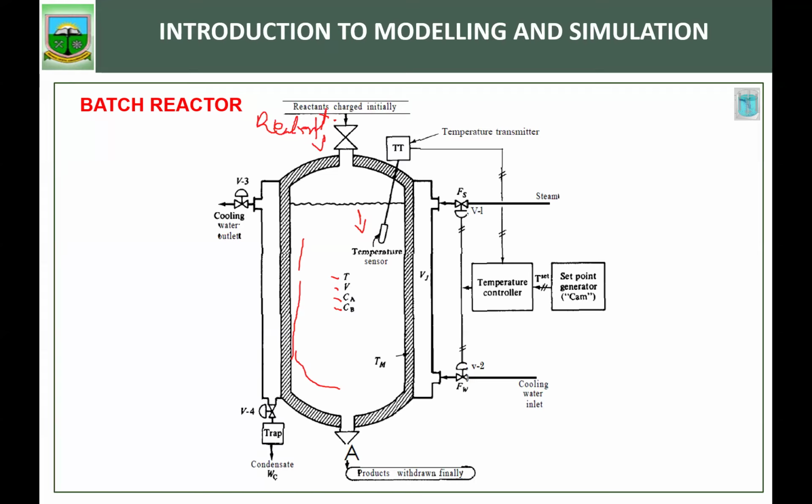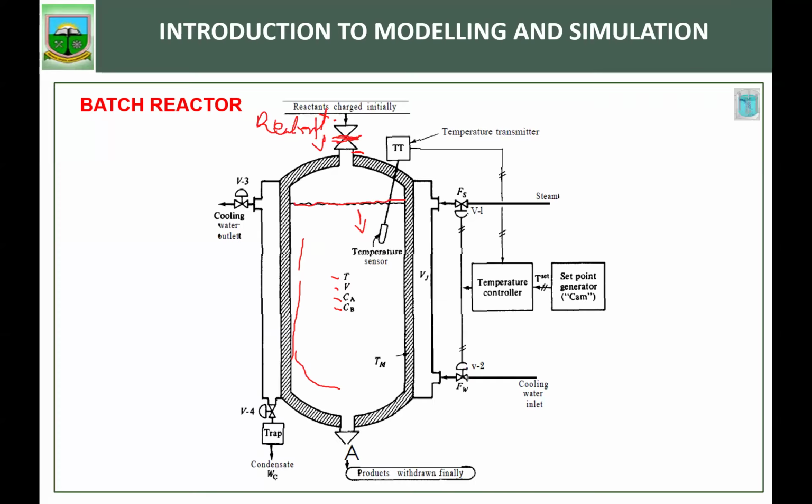Then they will attain a certain level like this. Now, when it attains a level like this, or what we call the desired level, you close this valve. So this valve here is closed. Once this valve is closed,